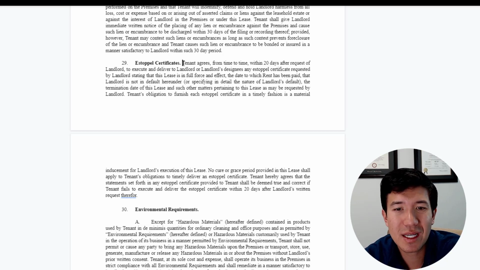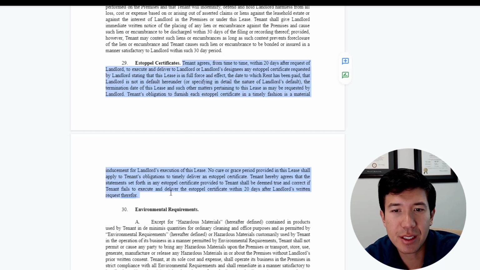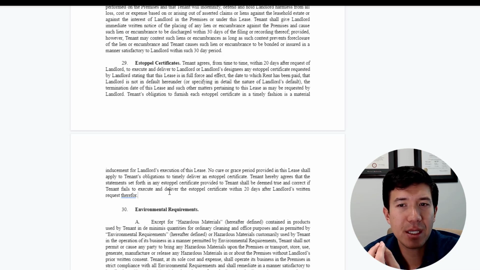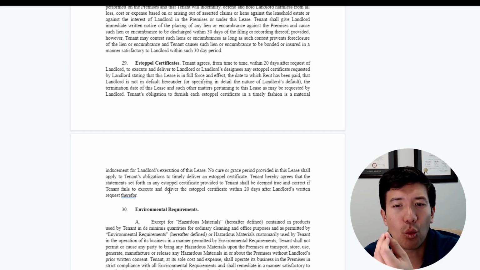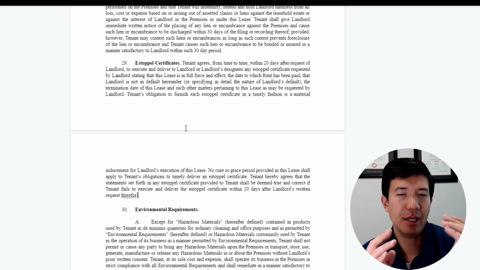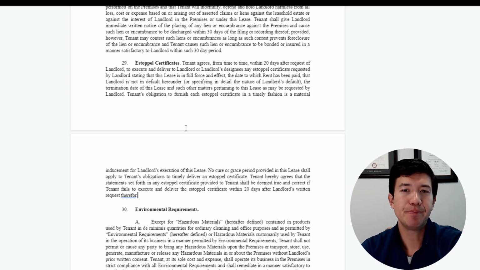Because otherwise, what I see a lot is when you have just this obligation to deliver within 20 days after landlord's written request, there can be reasonable disagreements about the form and the content of that estoppel certificate. And if they don't agree to what the words of the estoppel certificate are, the tenant is kind of in a tough spot, and so is the landlord.